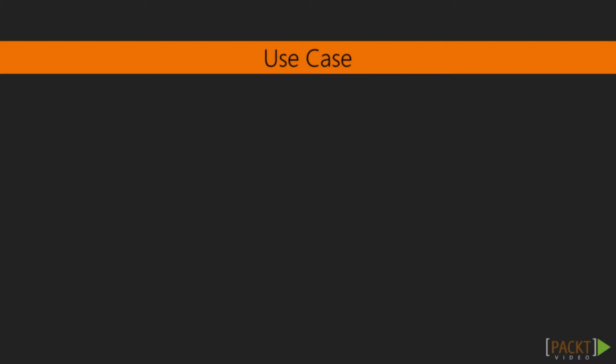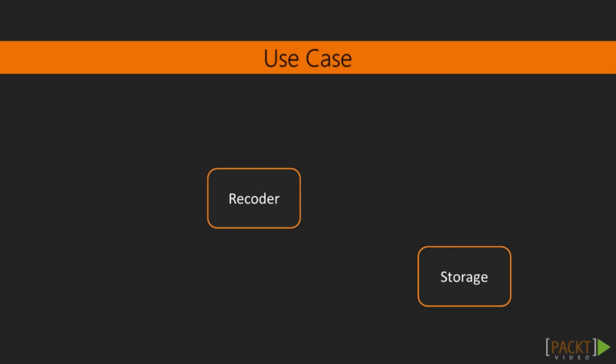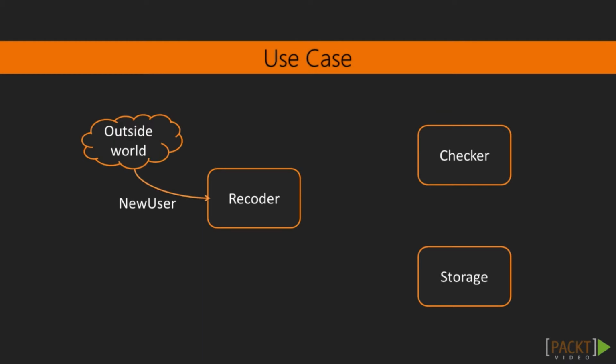users in the system. But we need to check before adding a new user to see whether he or she is blacklisted or not. Let's start by implementing three actors: recorder, storage, and checker. The recorder is the actor that is responsible for handling a new user message. When he receives a new user message, he will send a message to the checker to check whether this user is blacklisted or not. When the checker receives a check user message, he will check whether this user is in